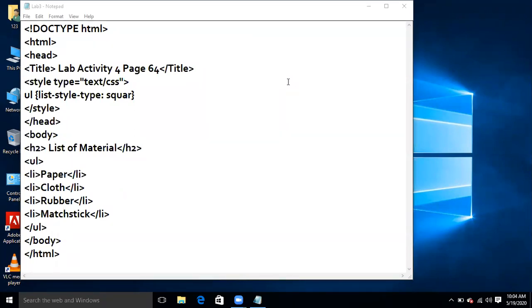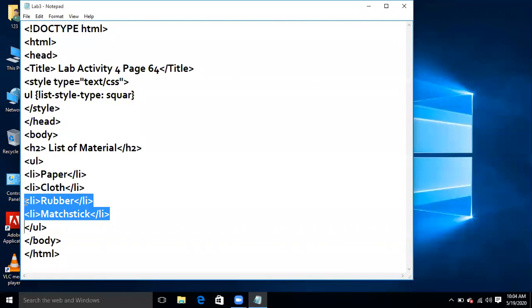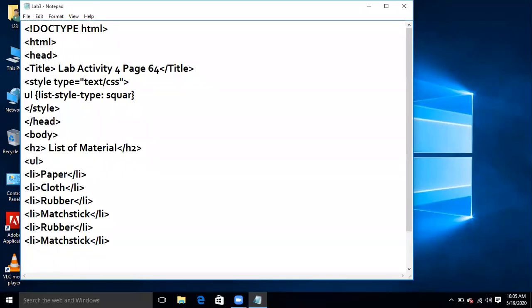And they have written that if you want to change the material names, you can do this task. Okay, so we can change the name of the material. Rubber, matchstick, but these are mentioned, so I am leaving them.